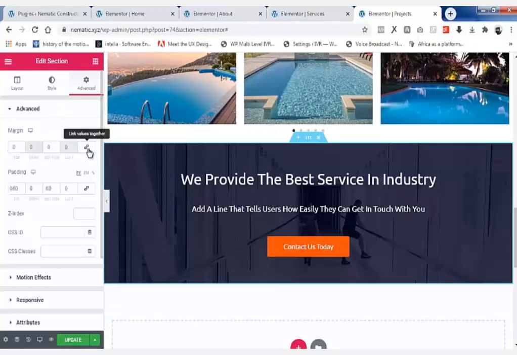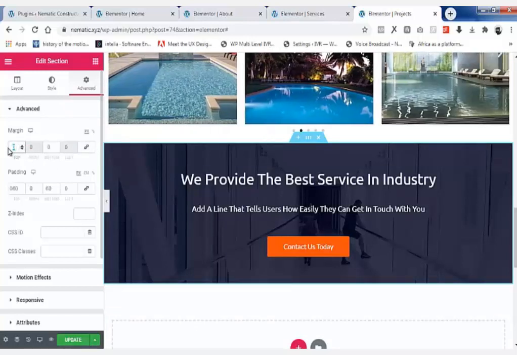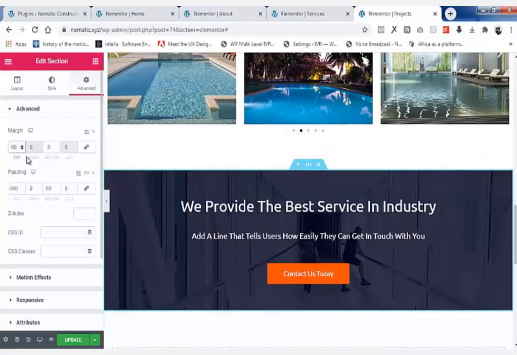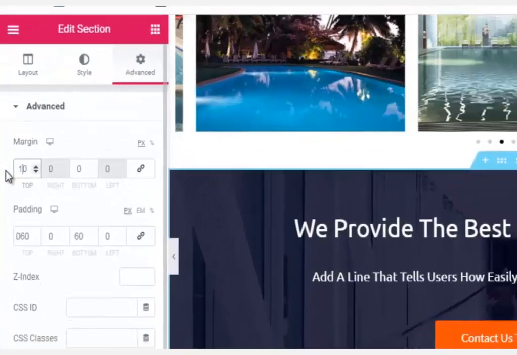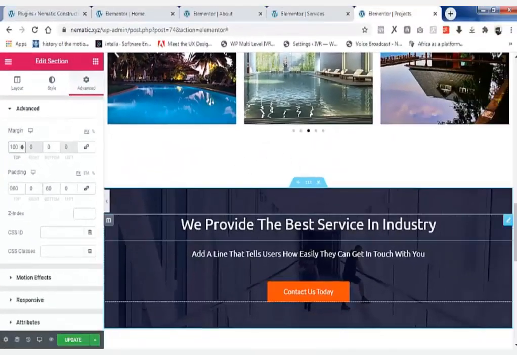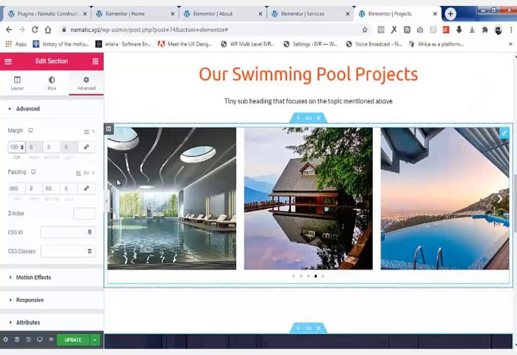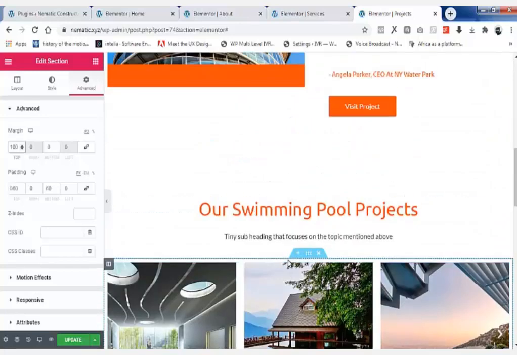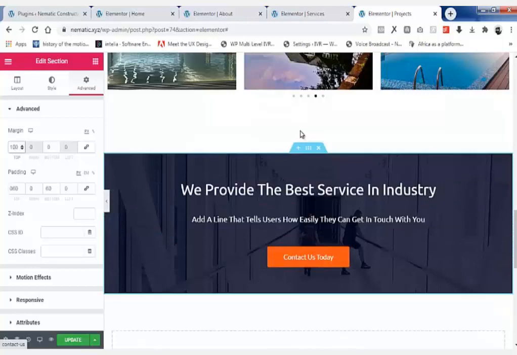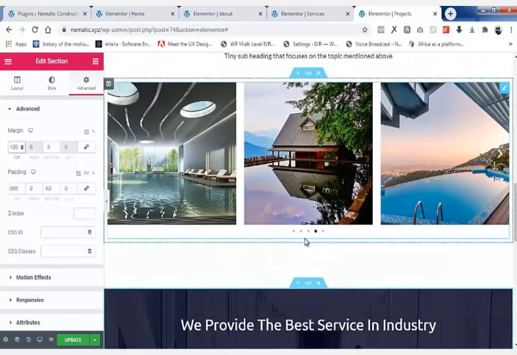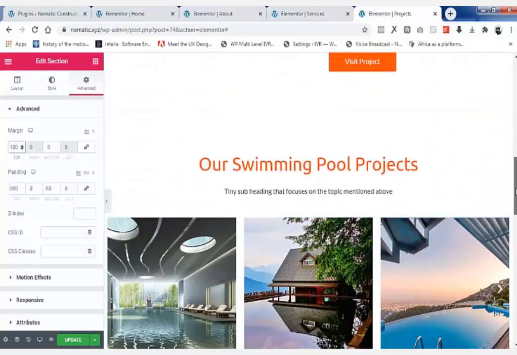So when you delink this, you just type in, let's say 60. Now as you can see, it's giving it some little space, so you can just type in 100. Alright, so as you can see, there's space in between our elements, so we don't have to just mix things up together.